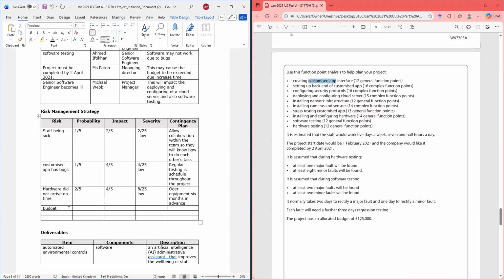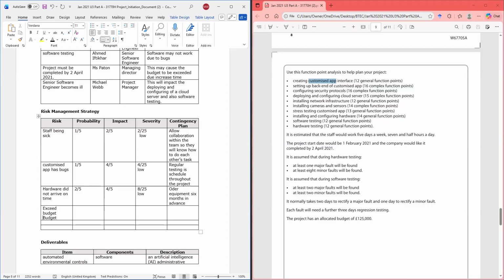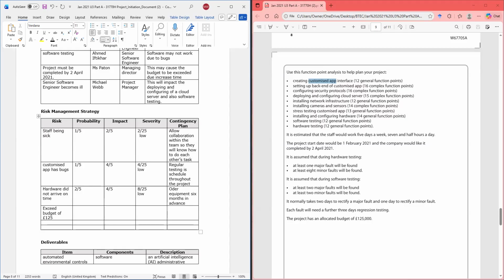I could put exceed budget, £125,000. All right, what's the chance of that happening? One, because I'm a careful spender.